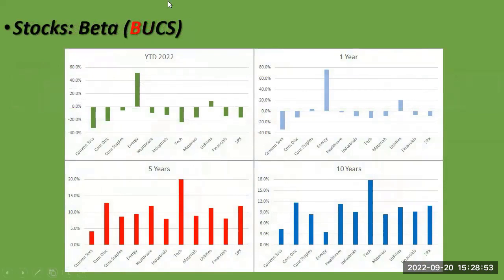So how have these different industries done year to date, 2022? Energy is the only thing up, and it's up a bunch. How many of y'all had 100% of your stock portfolio in energy at 12/31/2021? I'd be impressed if you did. Everything else is down except for what? Utilities. Why? Because utilities is a low beta stock. But consumer staples weren't down that much. So you can see, you say, how can they be low beta if they had a negative return? But their return was much better than the stock market.